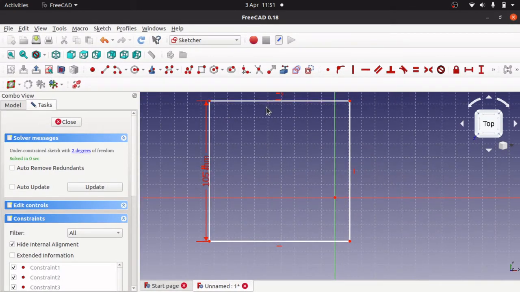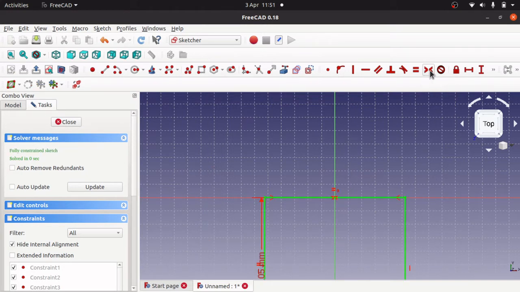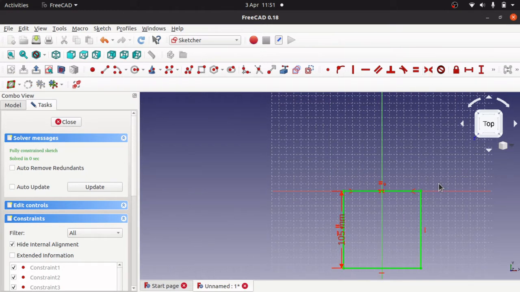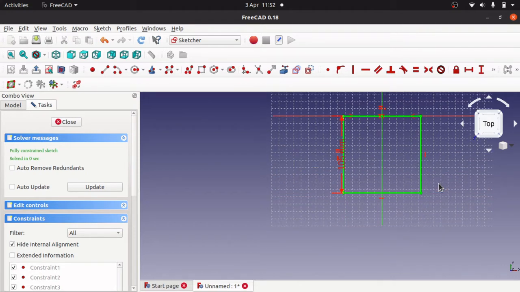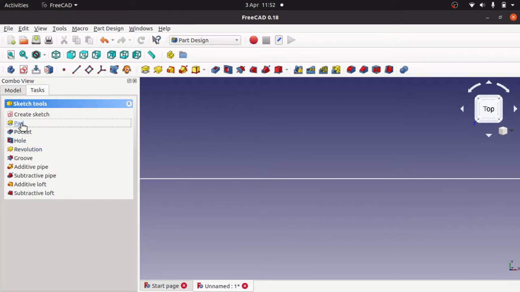I'm going to use a symmetry constraint to constrain this, so these 2 points and that point. So let's constrain that to the middle where that point is at the top. It's up to you how you constrain this, but I've just done that for now. Close out the sketch and pad that,